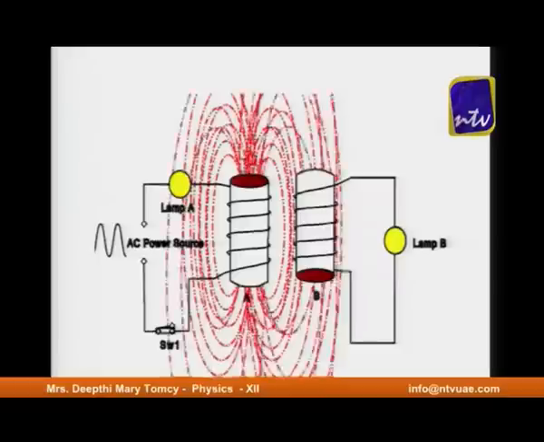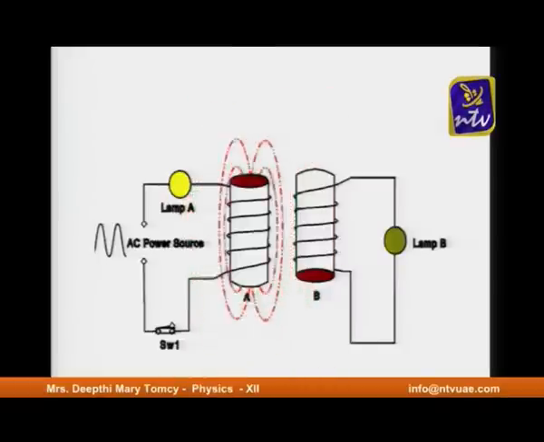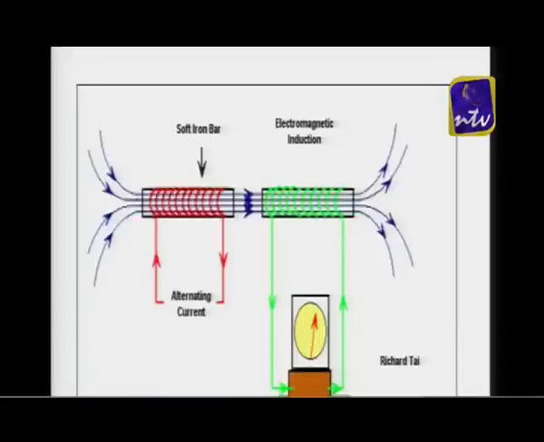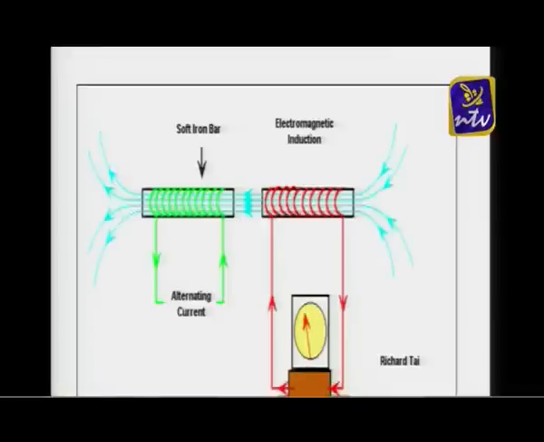Thus, we can induce current by different methods, and you can see in the next figure also, when you change the magnetic flux linked with the neighboring coil, you can see the galvanometer showing a continuous deflection due to the change in magnetic field. As the current changes in the first coil, the magnetic field linked with it also changes. At the same time, in the second coil, the magnetic flux changes and it induces the current.